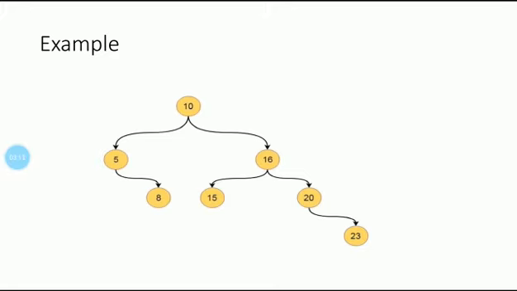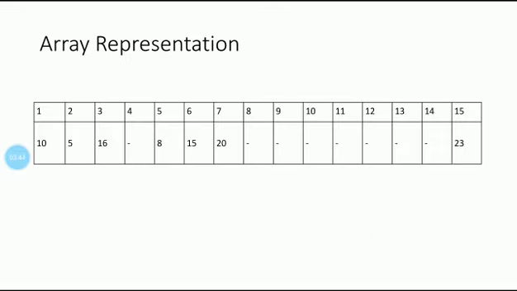Actually, the array representation stores the tree data by scanning the elements in level order fashion. So it stores the nodes level by level. If some element is missing, it leaves blank spaces for it. For example, for node 5, its left child is missing. So in the place of the left child, in the array, its place is filled with a blank. And the representation of this tree using an array is like this.